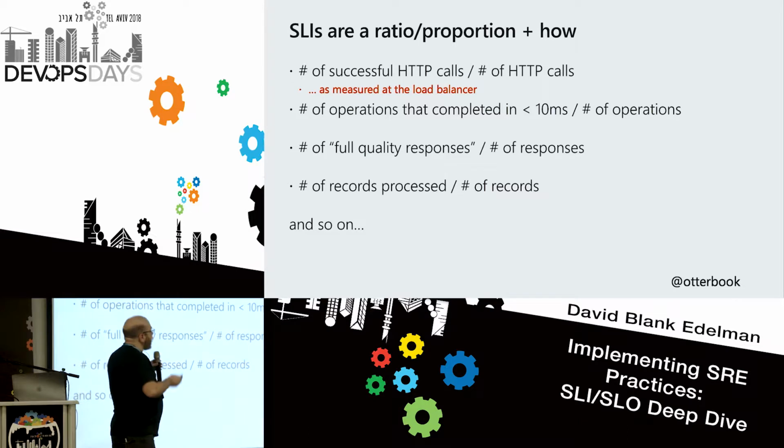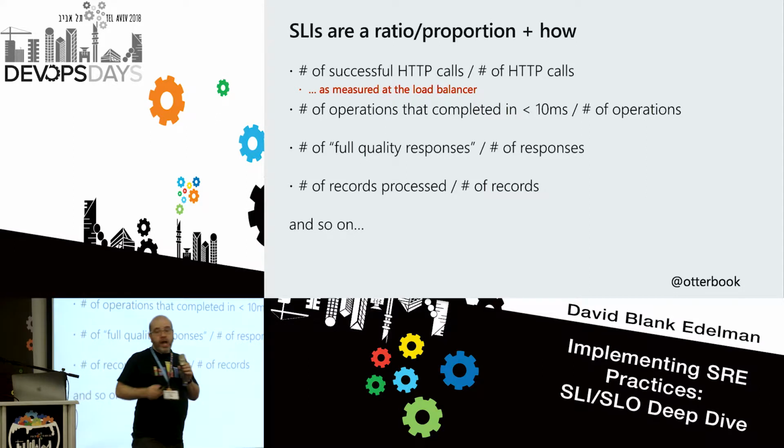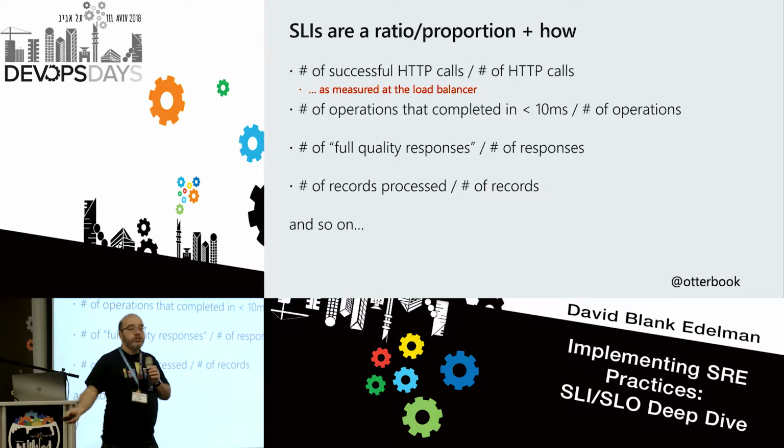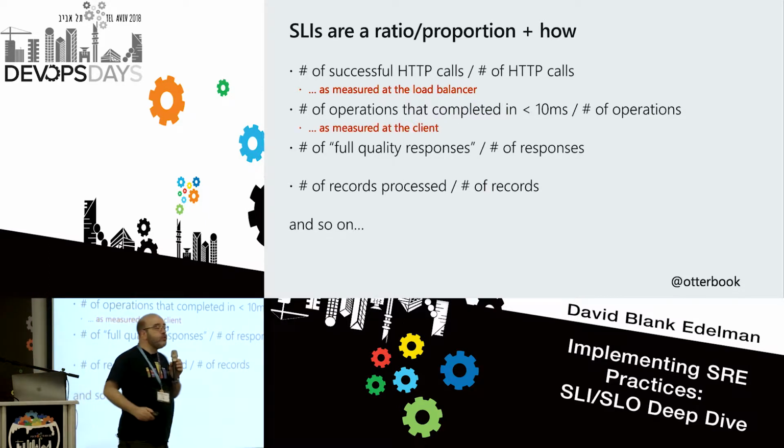So, for example, I might say that ratio as measured at my load balancer. Does that make sense to you? That I have to tell you where I am getting it from for us to have a really useful conversation? Because you may think it's the load balancer and I may think it's the server, and we are talking two completely different things. Because let's say you have a situation where all your packets don't get to your server. If I go to the server and ask how many successful calls, I may not know about the ones that failed because I never saw the data. Right? So it's crucial to say that.